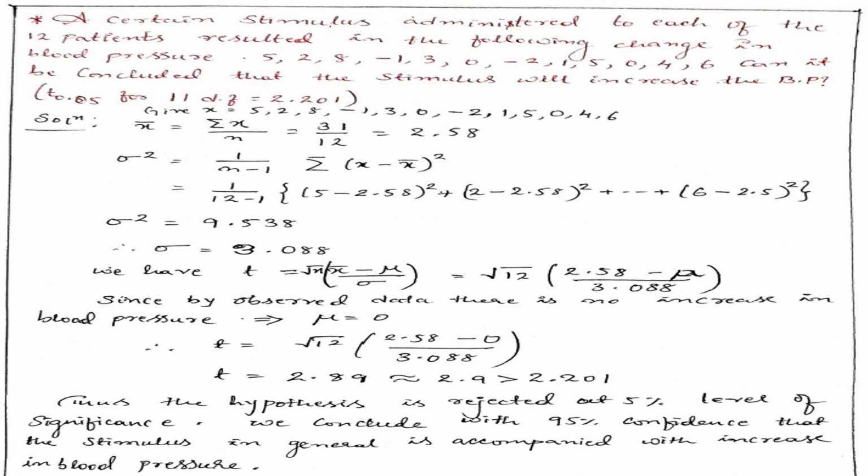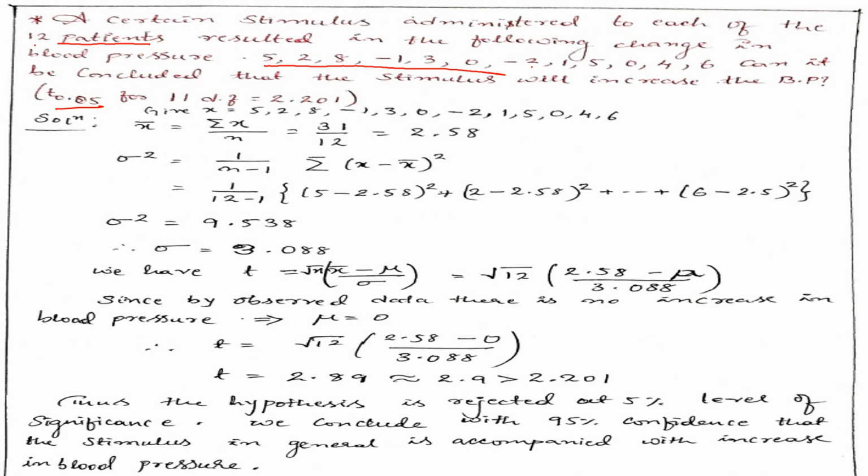A certain stimulus administered to each of the 12 patients results in the following change. See, these are the values given, x1, x2, x3, and so on. Concluded that the stimulus will increase the BP, blood pressure, and they have given 11 degree of freedom at 5%. This represents 5%,